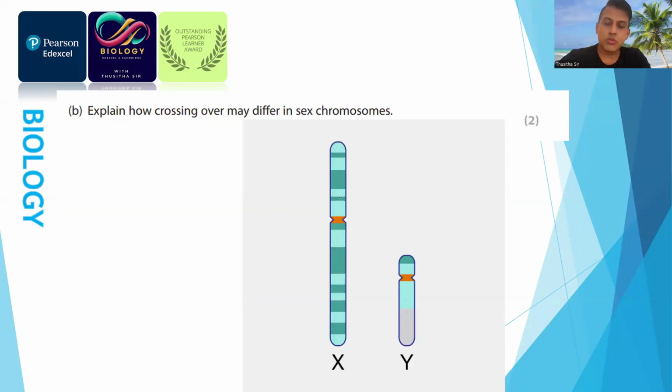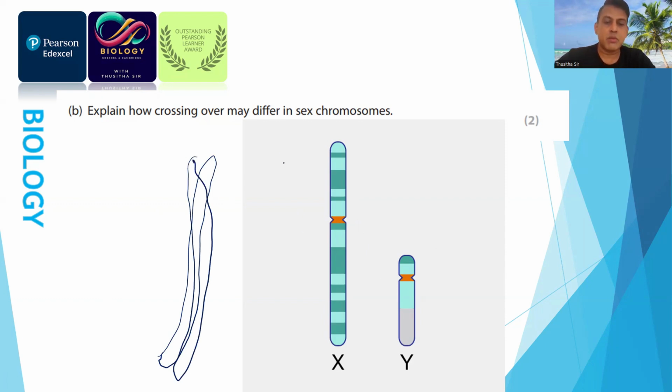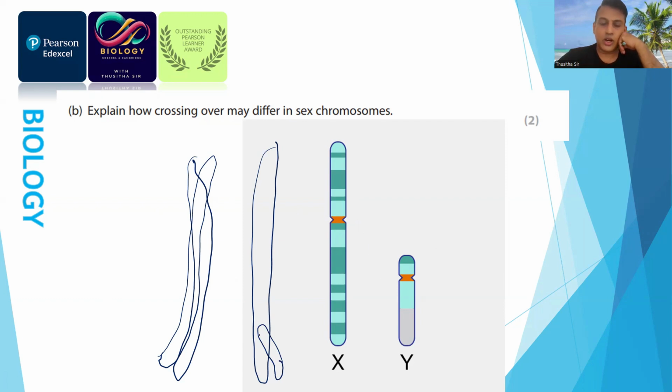Now, for the sex chromosomes, the X chromosome is a really large one. The Y chromosome is a really small one. So crossing over is not very efficient because they are proportionally different. When you take a chromosome of this size and a second chromosome like this, the overlapping is very efficient. But X is like this and Y is like this. So there is very inefficient crossing over. There's only a small